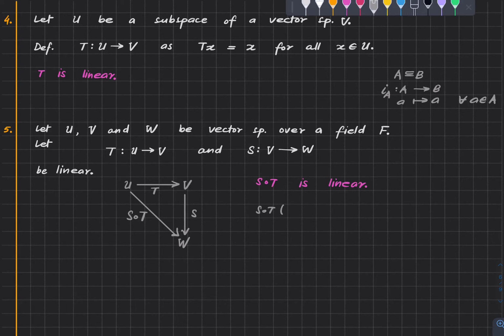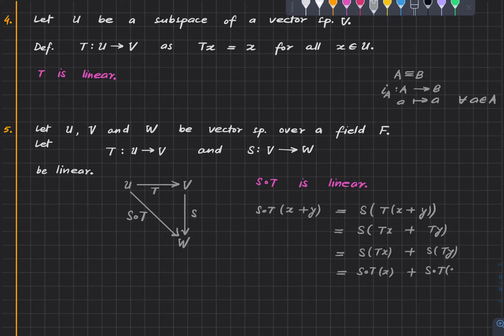S composed with T of x plus y is by definition S of T of x plus y, but T is linear, so this is S of Tx plus Ty. But S is also linear, so this is S of Tx plus S of Ty, which is S composed with T of x plus S composed with T of y, and that's it. So this checks that the composite respects the addition,